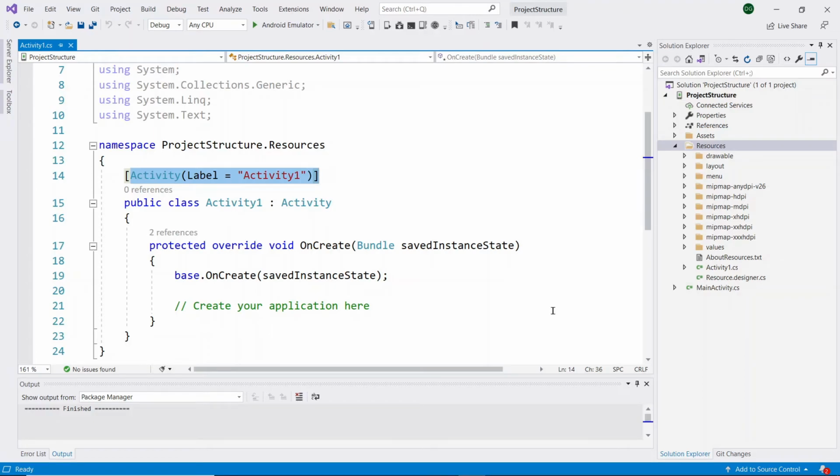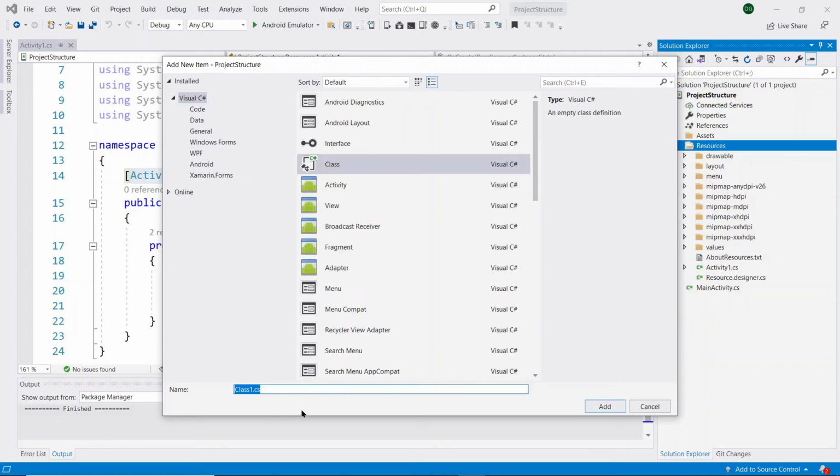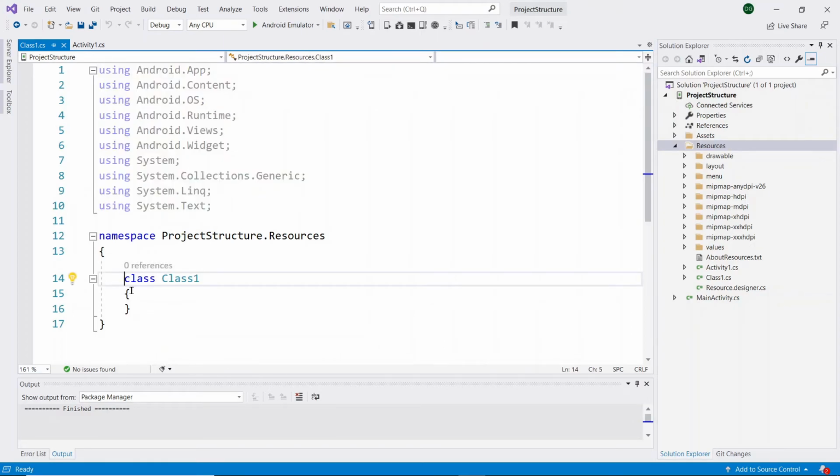In another process also we can create the activity. Now I will show you another process: click on the project and create a class. Here we need to give our class name. Now our class is created. Here we need to manually inherit this class from the Activity base class.